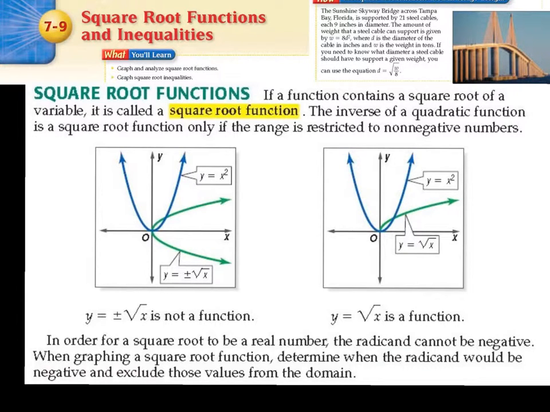The inverse of a quadratic function is a square root function only if the range is restricted to non-negative numbers. So you can see here that the green graph is a relation that is not a function because it does not pass the vertical line test. But when they restrict the range to exclude the negatives, it works. So when graphing a square root function, determine when the radicand would be negative and exclude those values from the